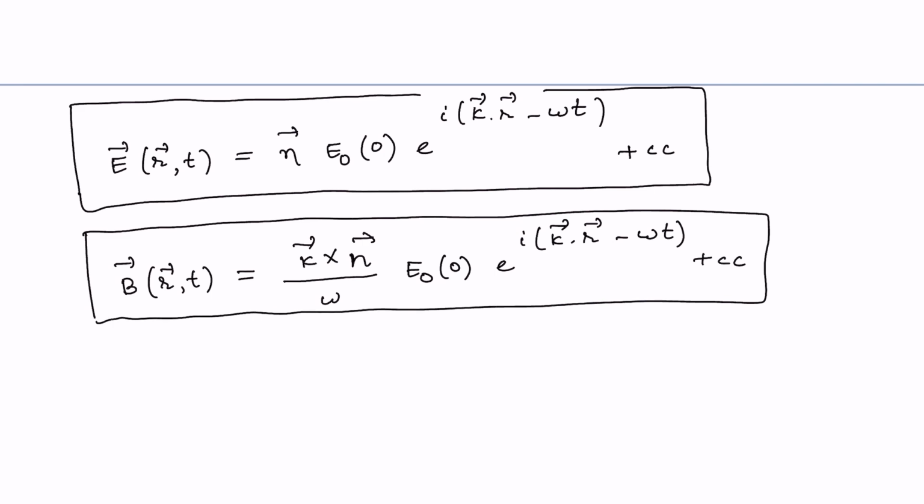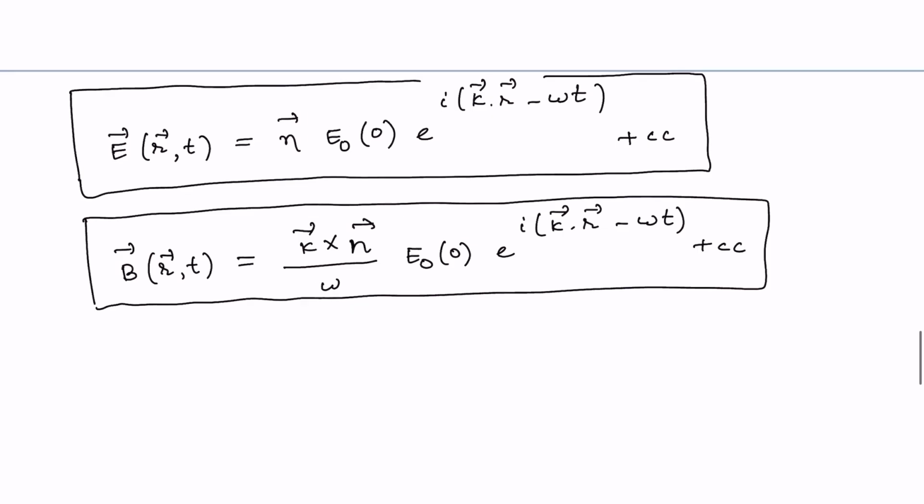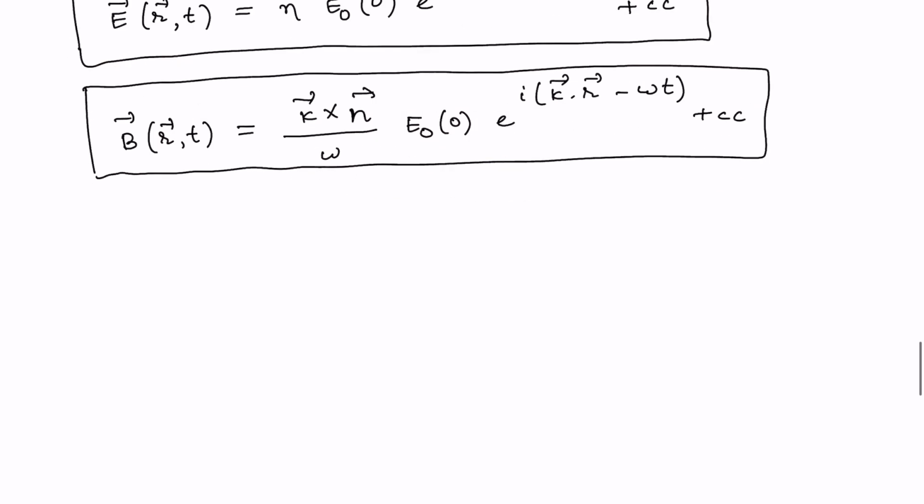So therefore we have both the electric field component and the magnetic field component of the electromagnetic wave, and here this E0, the complex amplitude of the electric field in this particular mode, is obeying this particular first order differential equation, that is dE0/dt is equal to minus i omega E0 of t. Okay,